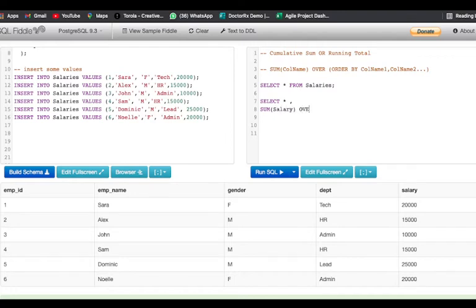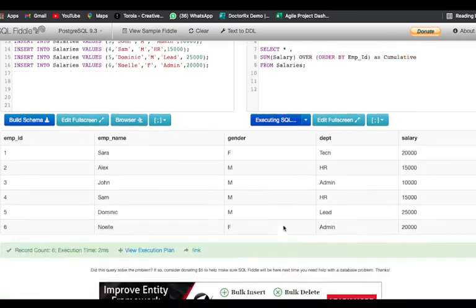Then we'll use our over clause, and then we are going to order this by employee ID, and then we are going to name this column cumulative. And then we write from our table name, that is salaries, right? So let us run this and let's see what we get.